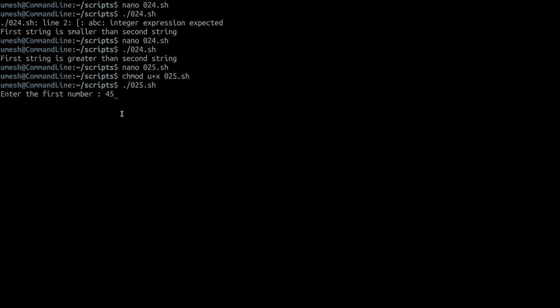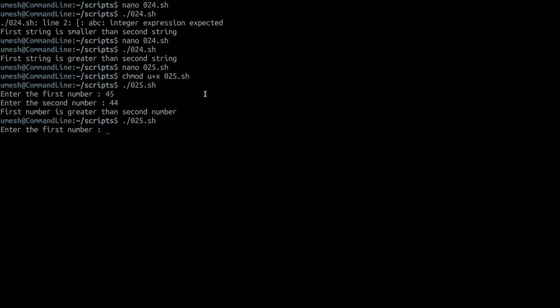First number 45, second number 44. First number is greater than second number. First number 30, second number 50. First number is smaller than second number. It is very simple and basic, and we're just trying to see how if condition and if else condition works in shell scripting. And using if condition, you can also test if there is a directory that you want to